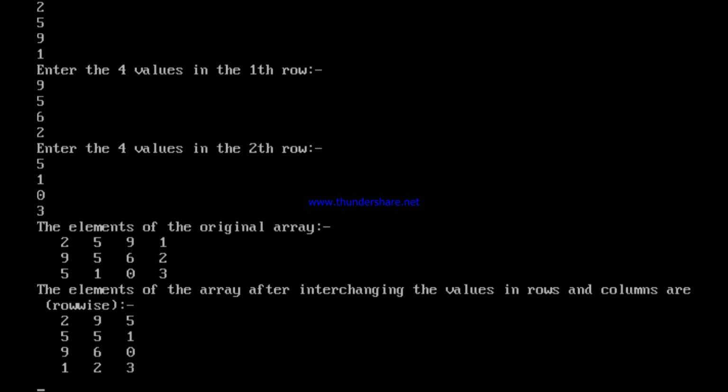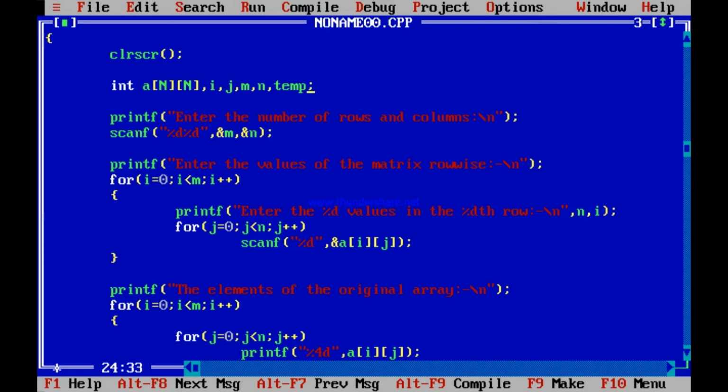Is it not so? Look at it the other way. 960 was your 2th column. Now 960 is your 2th row. So the things have worked absolutely fine. How have you done it?